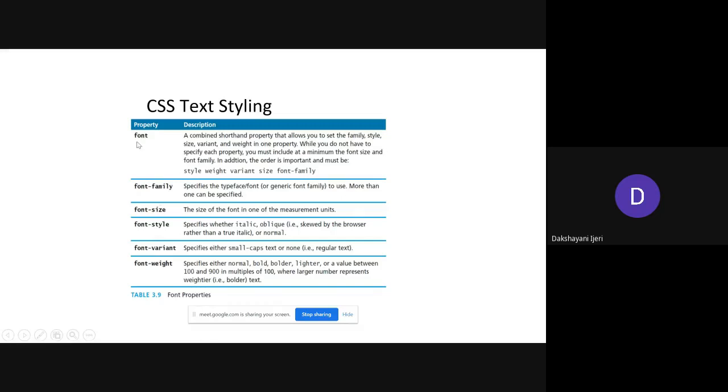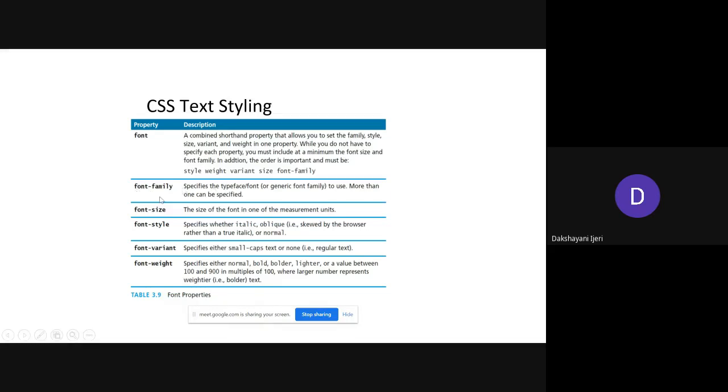The font property may be used to specify the font family, size, style, variant, and weight together in a single property. The second property is font family, to specify which family of font you can consider. There are many families that we can use, and you'll get to know once I discuss the example.